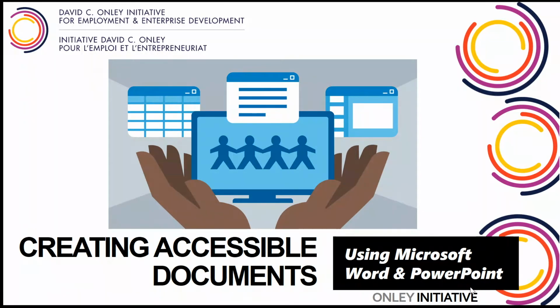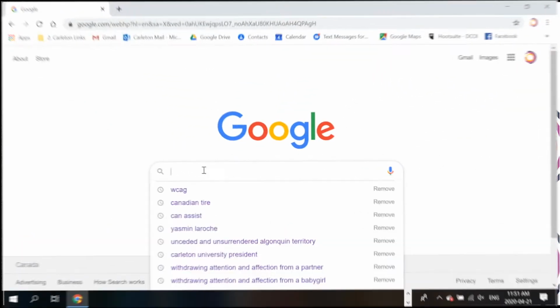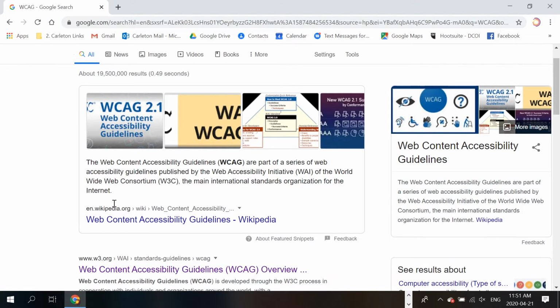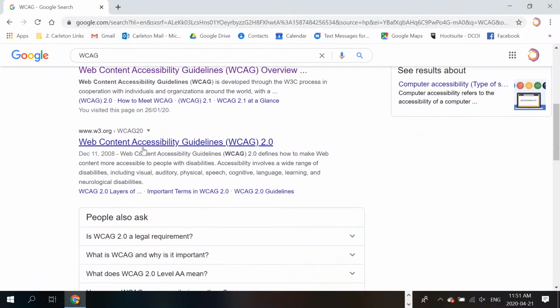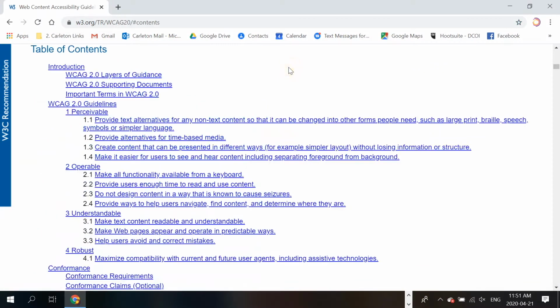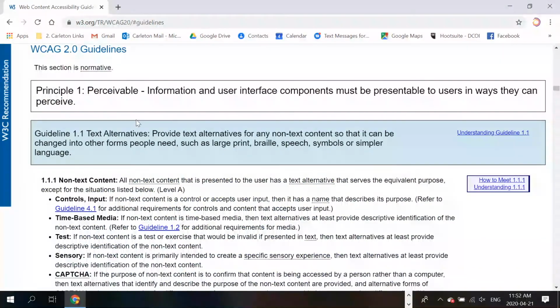However, my primary objective here is first to help you understand why we choose to format our documents in this way, to build accessibility into them up front, creating documents that are accessible to those using assistive technologies, and ensuring we are in compliance with WCAG Standards. WCAG stands for Web Content Accessibility Guidelines. This is a set of recommendations for making web content, and indeed all digital content available online, more accessible, primarily for people with disabilities. You can explore more about these WCAG guidelines at